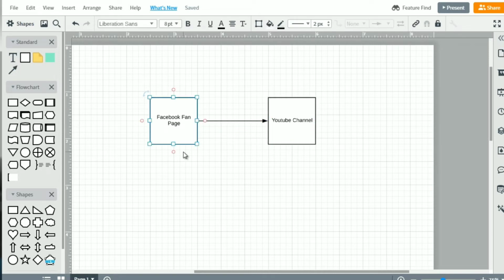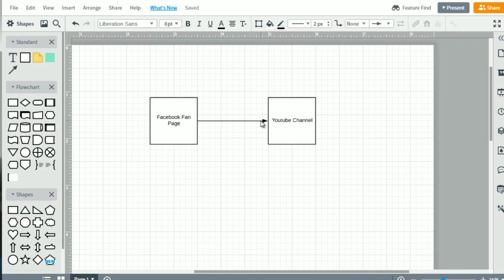And this could be Facebook, it could be Twitter, it could be Instagram, it could be any other social media platform. But it has to be branded towards you. It can't just be somebody else's fan page unless it is actually related. But if it's related and if it's branded as yours and it's linking to your YouTube channel, that essentially is a vote of confidence, but also it shows YouTube that you're interlinking. So that's basically the concept here.